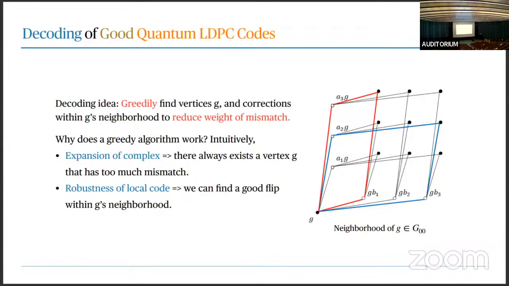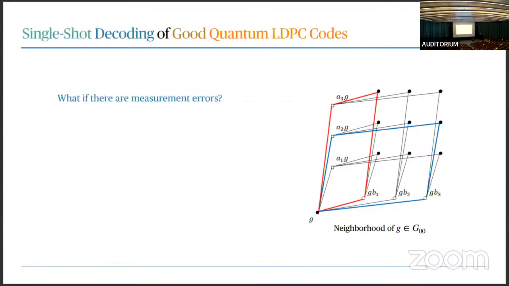So, okay, this talk is not just about decoding. This talk is really about single shot decoding. So what if there are measurement errors? Why exactly can I do this decoding procedure when there are measurement errors? And how exactly can I achieve this single shotness? Because let's keep in mind, this code has linear distance. If I adopt the natural approach where I repeat measurements for d times, that's actually a lot of times. But why is it that I could use one round of noisy measurement information to do this decoding to